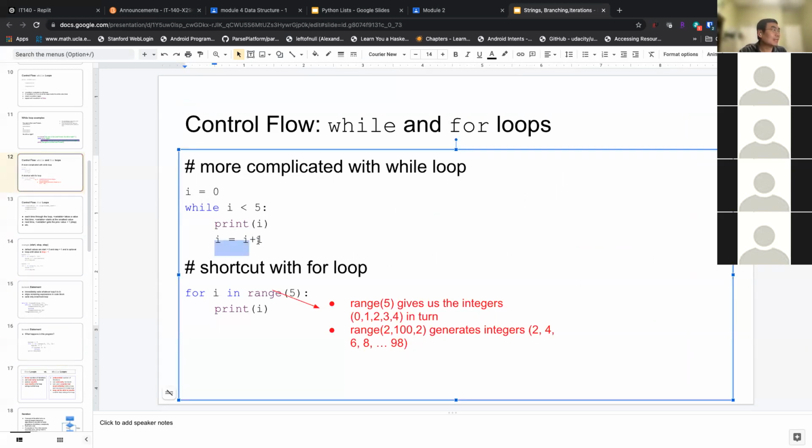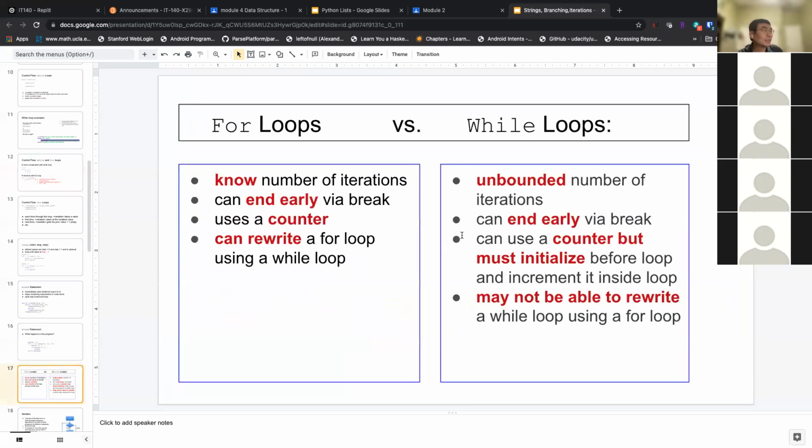And you keep adding 1. This is similar to the for loop. However, the initialization of i needs to be outside the while loop. Otherwise, if you put it inside, every time you go through the loop, the counter resets to 0, and it will always be less than 5, right? Then the condition will never end because the counter will not increment. So this is a common mistake. If you want to use a while loop, be careful about that.